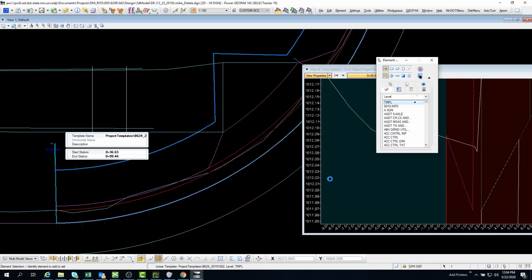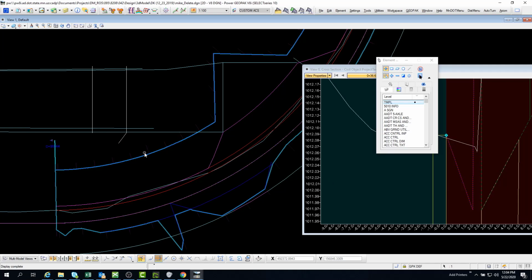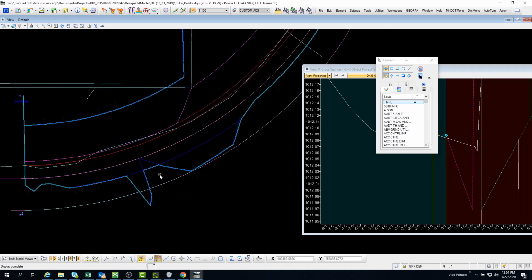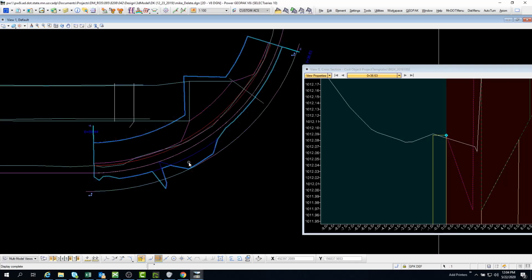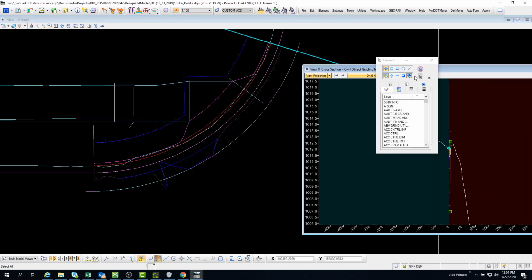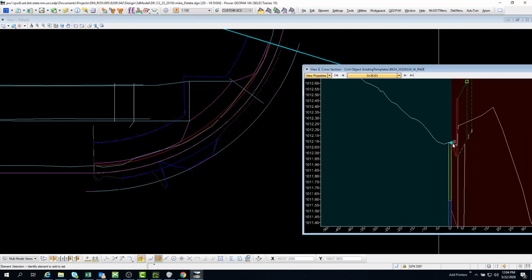Okay. And it adjusted. I'm still trying to figure out how to read the tea leaves of what it does give me. But I know that if we go into our cross-section view,